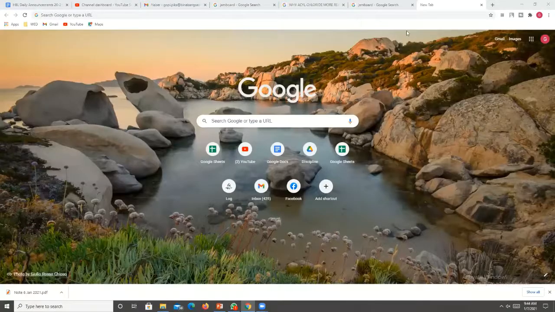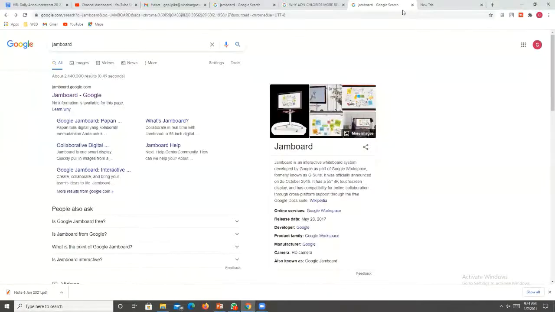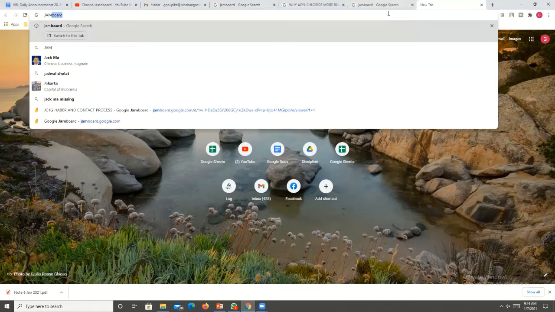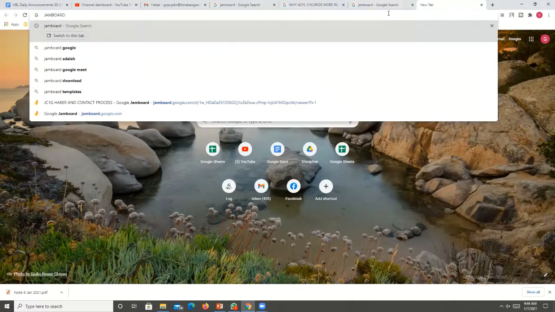Okay, today I will teach everyone how to use Google Jamboard. We can use Google Jamboard to track the progress of our students while we are teaching, especially when we are using Zoom. We tend to put the students in breakout rooms, so we can keep track of the progress of the students through Jamboard. So if you Google Jamboard, okay,